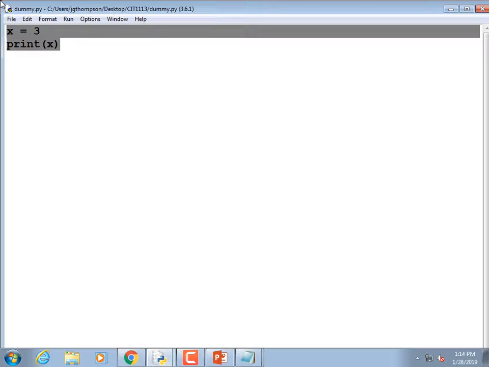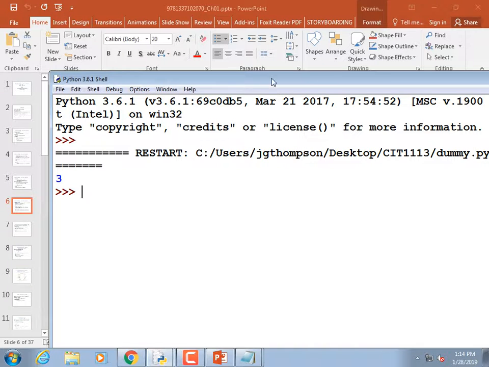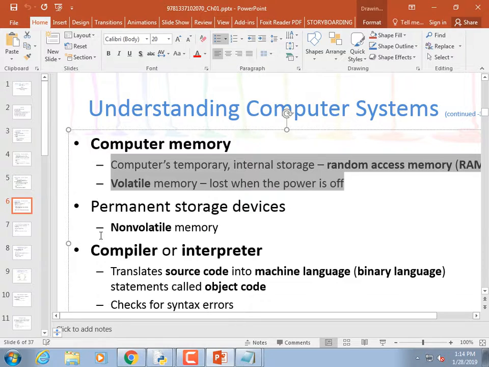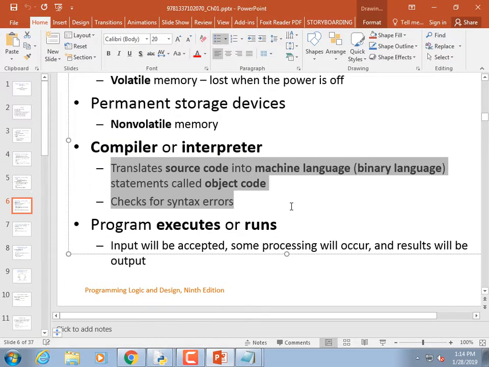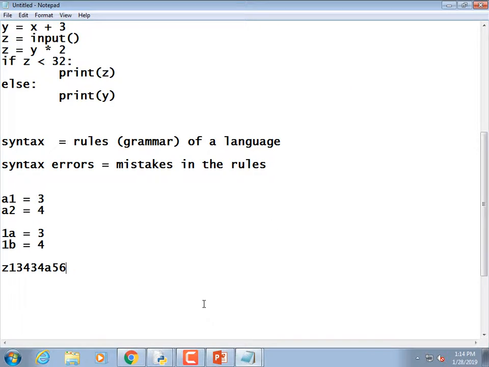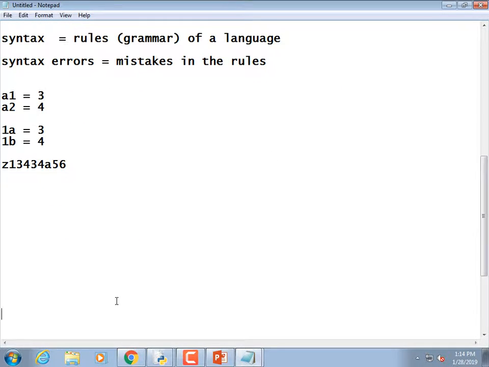And machine language differs on a platform-by-platform basis, which is why you can't store your iPhone apps on your Android phone and run your Linux apps on your PCs and stuff like that, at least not without going to some trouble. It's up to the compiler or the interpreter to turn that text into machine language for the computer to run. What's the difference? A compiler